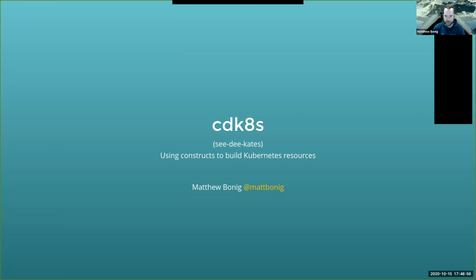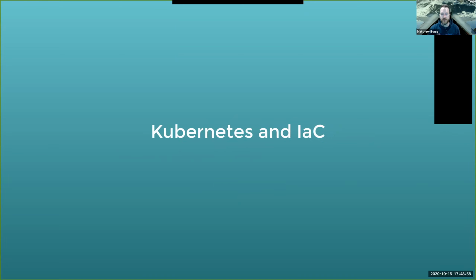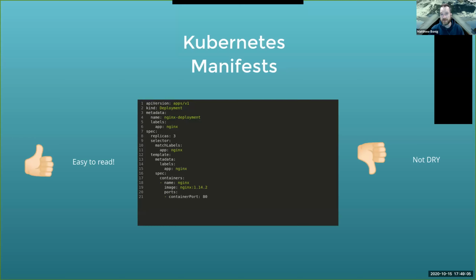So without further ado, let's regroup onto what is the current state of Kubernetes and infrastructure as code, because Kubernetes is naturally an infrastructure as code system. It's not something where an infrastructure as code service or platform was built on top of it. It was inherently part of Kubernetes from day one. And we see that represented in basic Kubernetes manifest files.